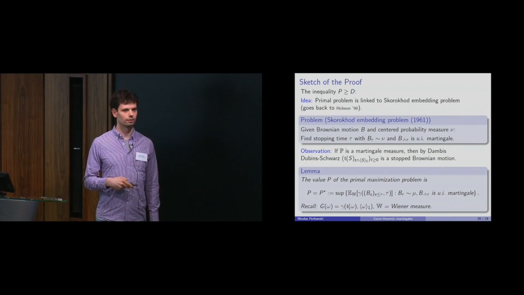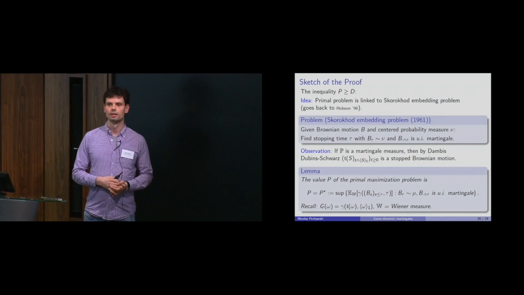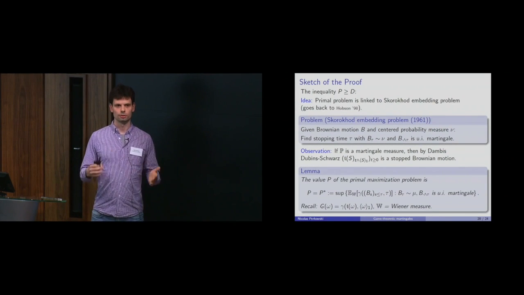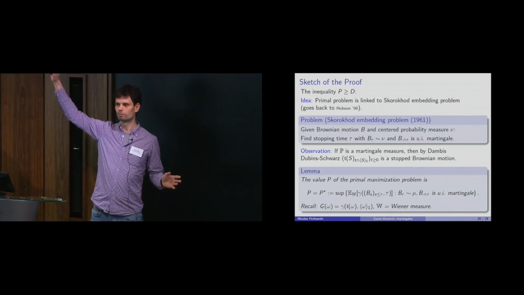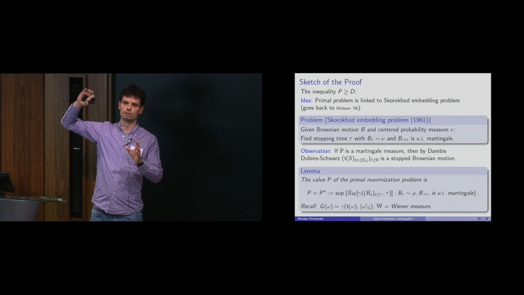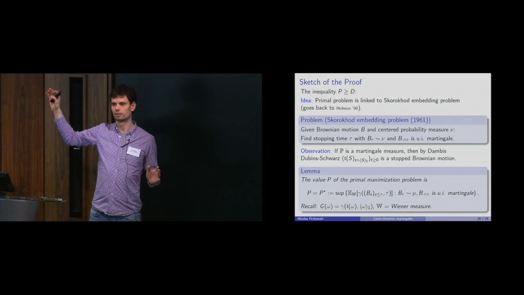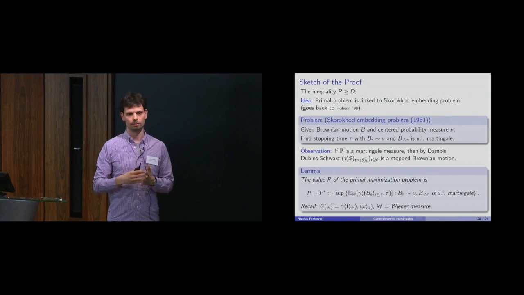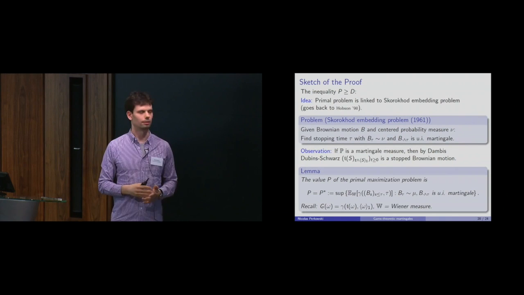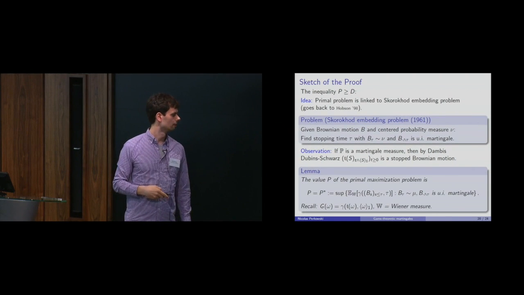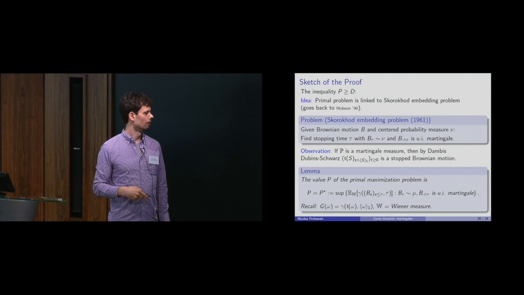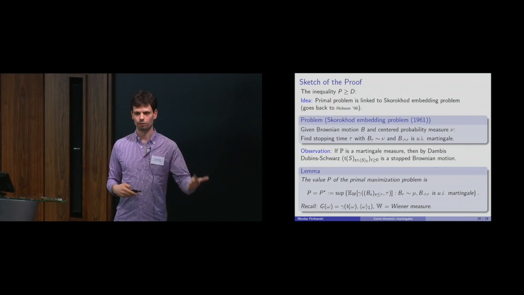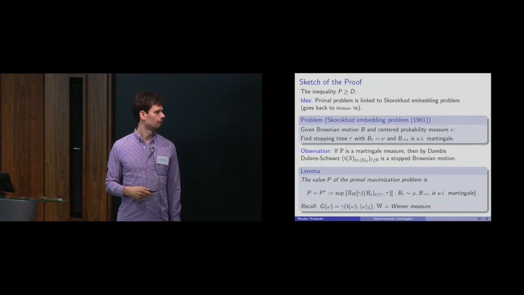So we want to find the supremum of the expectations over all Brownian motions and all stopping times. So what does it mean, all Brownian motions and all stopping times? So you can in particular take a huge probability space where the filtration is much bigger than the one generated by the Brownian motion, and the stopping time is a stopping time in that filtration. So it doesn't have to be a stopping time in the filtration coming from the Brownian motion. Okay, and recall that this gamma here is just a different way of rewriting the G that we're actually interested in.